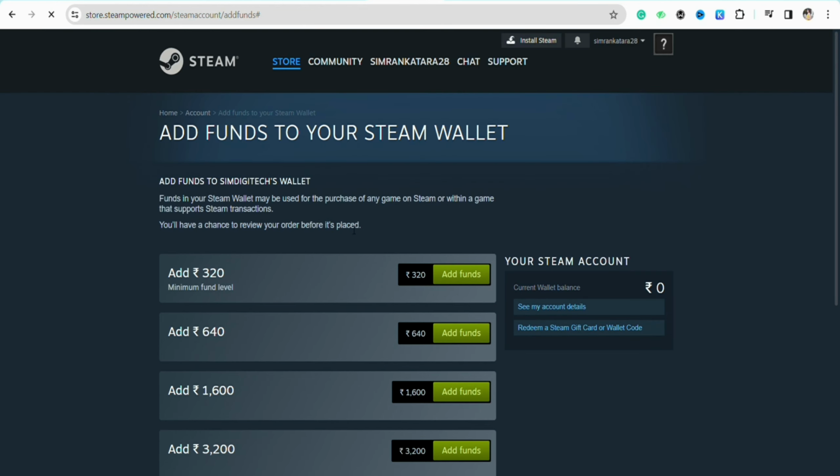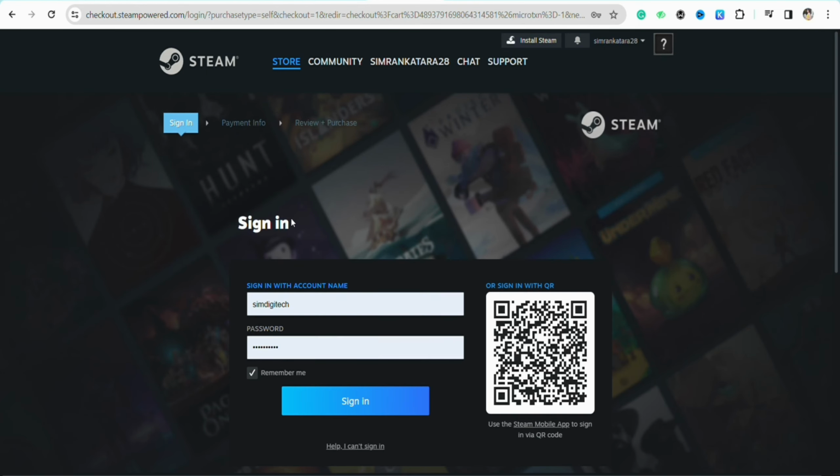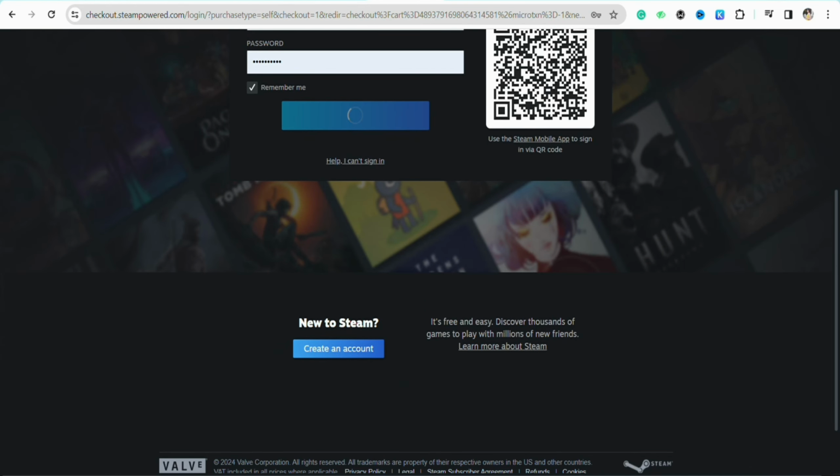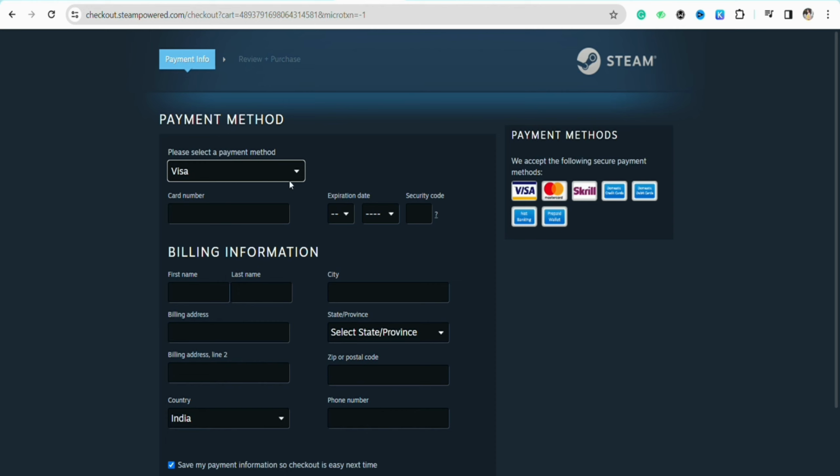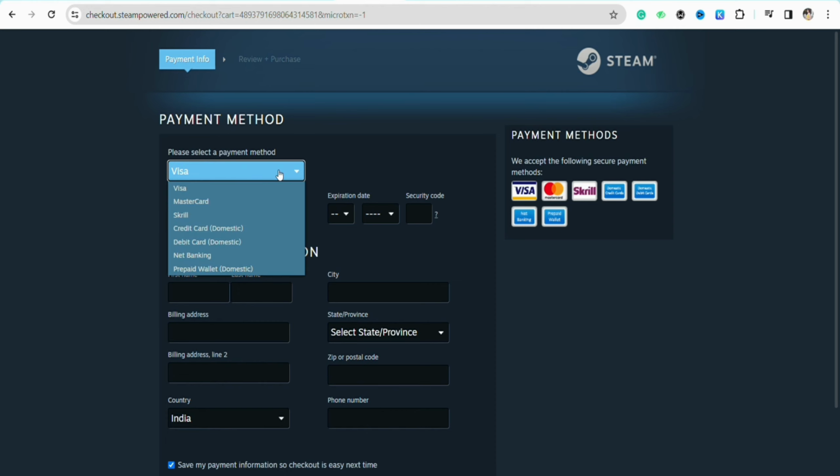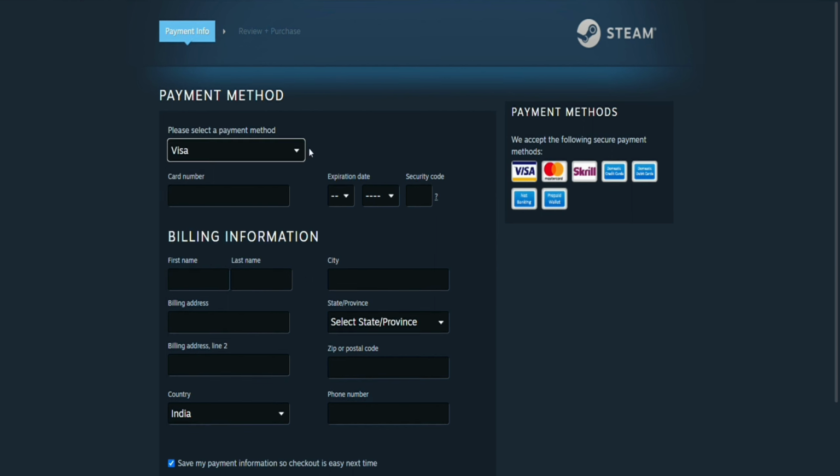So in order to buy Steam Points, you need to have some funds in your account, and just log into your account. And after that, in the payment method section, just click on the drop down menu, and from here just select Gcash. And after that, it will redirect you to the page where you have to make the payment